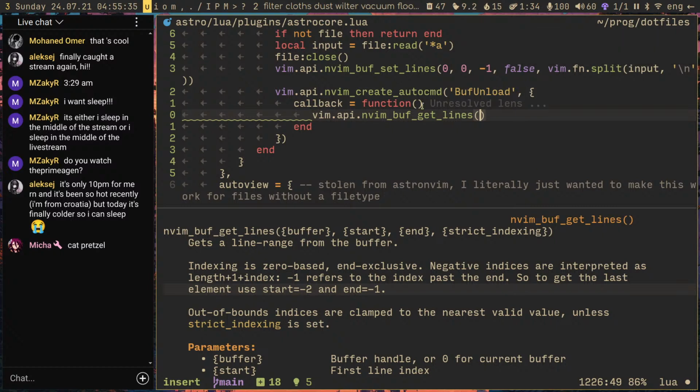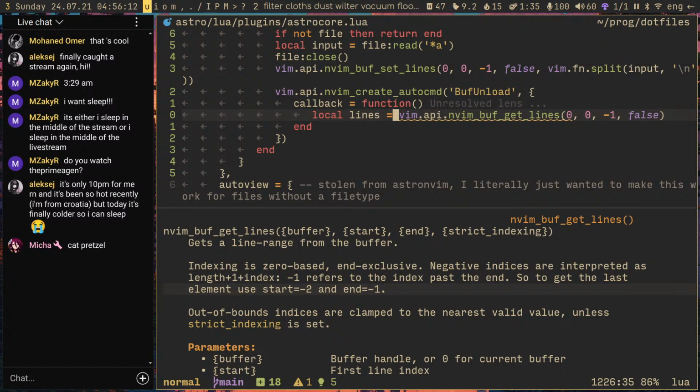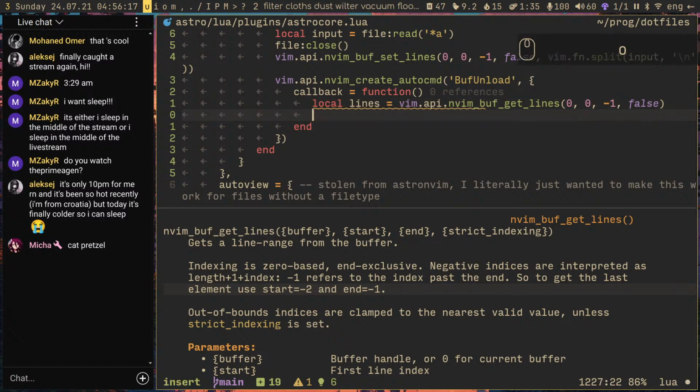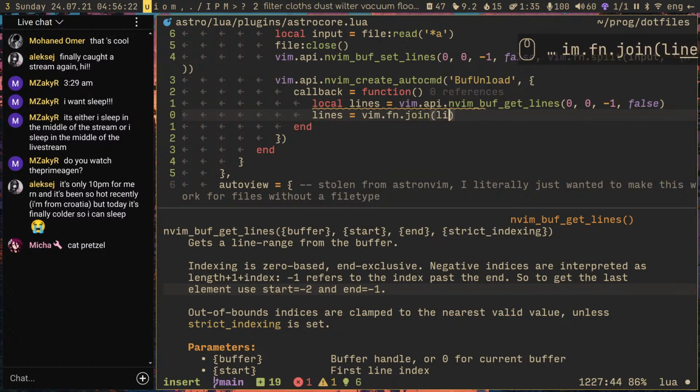This is like 20 characters for something not that useful, and false. So local lines, lines is now Vim function join lines with a new line, and we